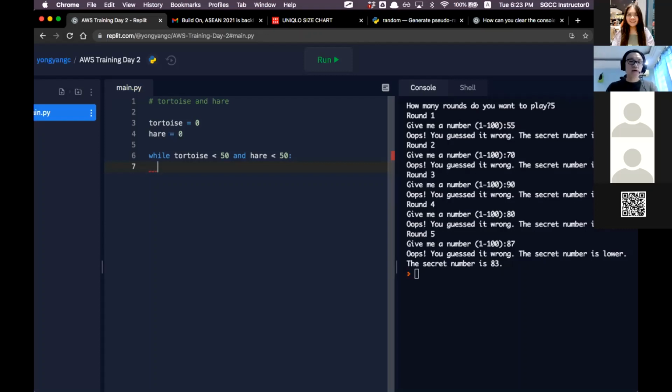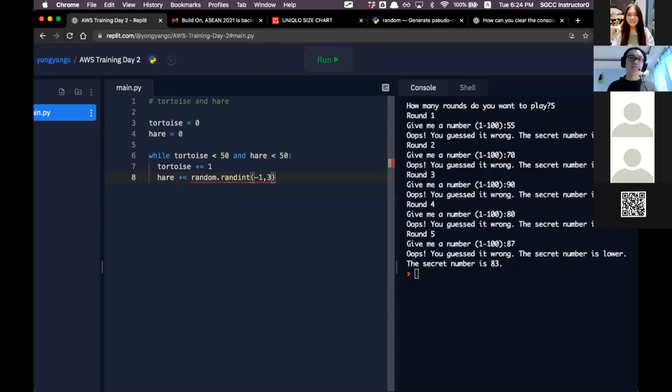So in this case, we are going to increase the steps. Every time the loop is executed, they would have moved one step. Now, tortoise would definitely move one step forward. Remember plus equals means tortoise equals tortoise plus one. I am getting its value to increase by one. However, for hare, because hare may sometimes be lazy, it will be plus equals the random integer of